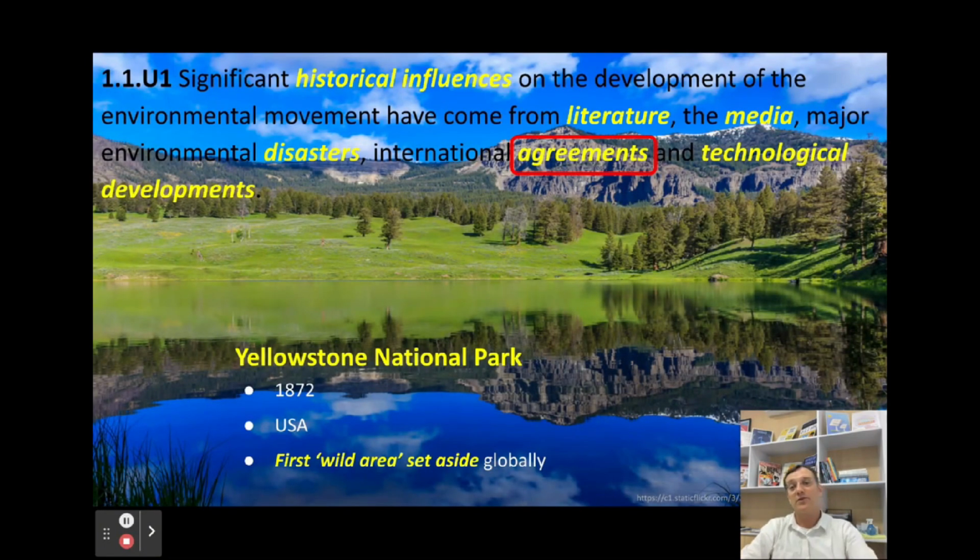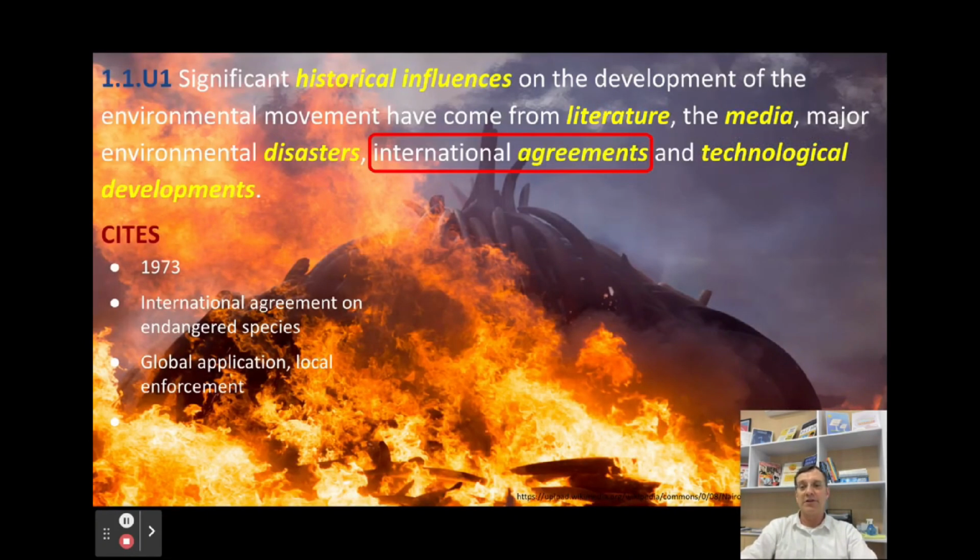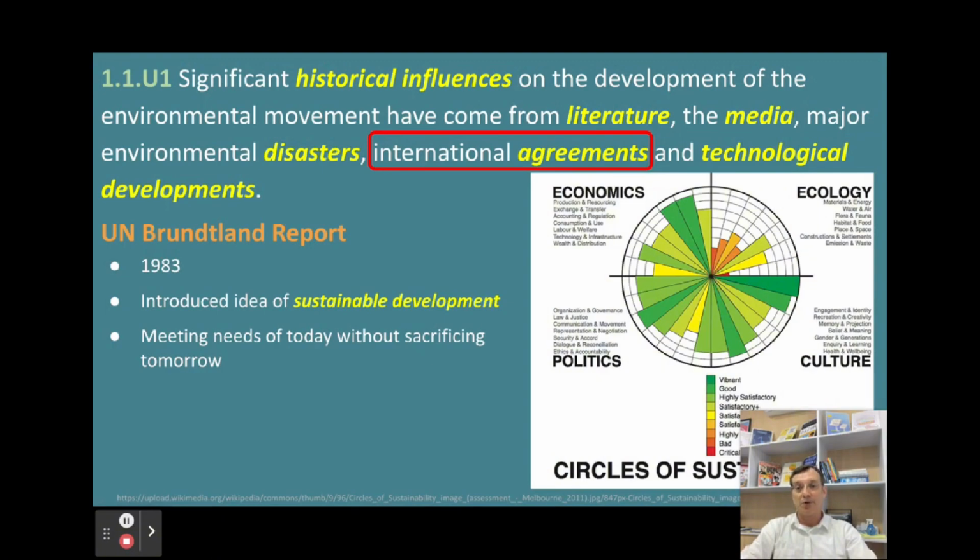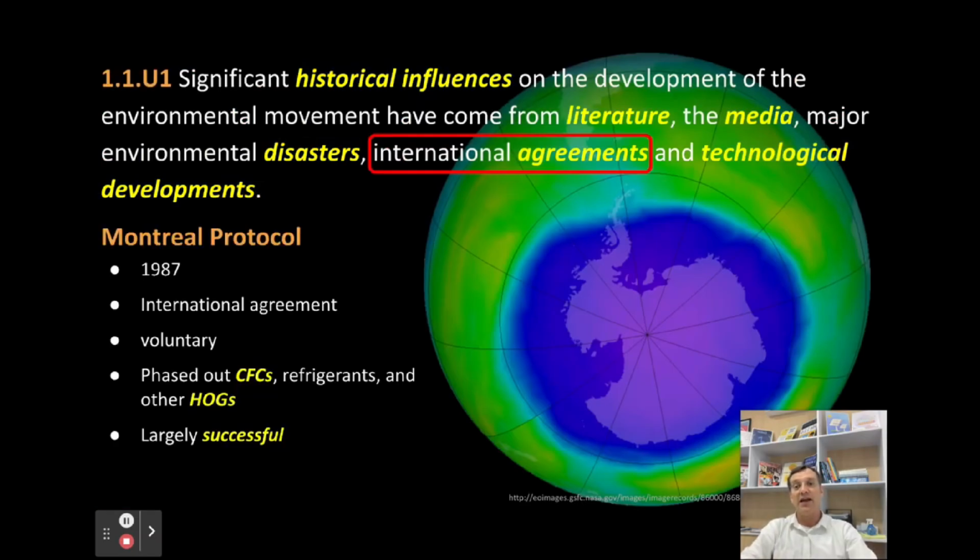International agreements, such as the formation of protected areas like Yellowstone National Park, began in the late 19th century. We've got agreements such as CITES, the Convention on the International Trade in Endangered Species, which we will investigate in some detail in topic 3. The Brundtland Report, which brought about the idea of sustainable development, which we will touch on later on in topic 1, and the Montreal Protocol, which we will study extensively in topic 6, and is an example you absolutely